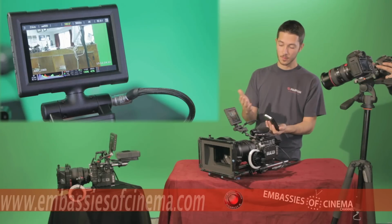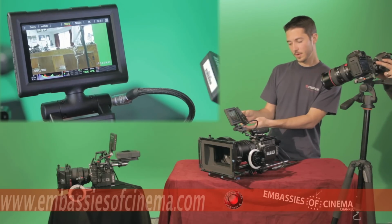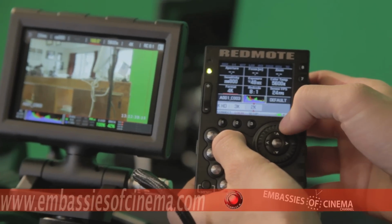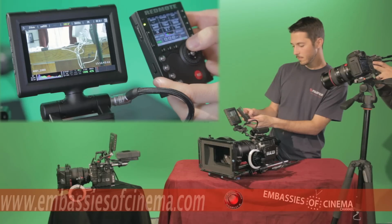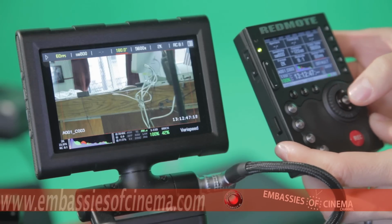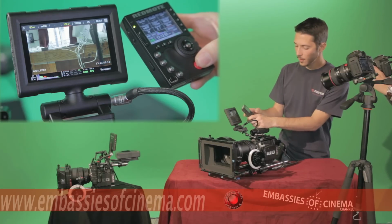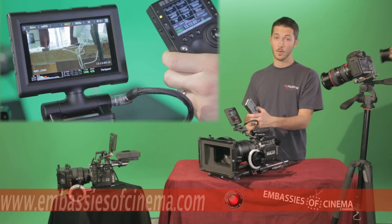So everything I showed you here on the touchscreen, you can actually do with this Redmote. And I'll hold it side by side, and you can actually see I can go into resolution, change it, and there it is, instantly updated on the camera. Let's go ahead and bump up our frame rate to 60 frames. And while we're at it, we can roll and then cut. So it's a great tool to have remotely, like I said, if you're shooting handheld or Steadicam